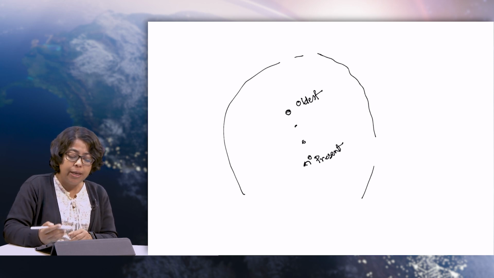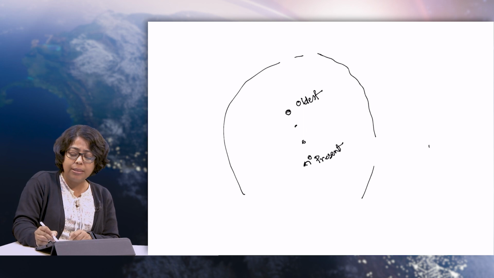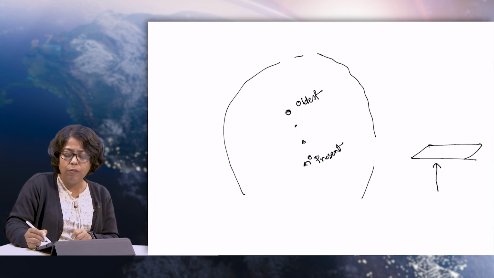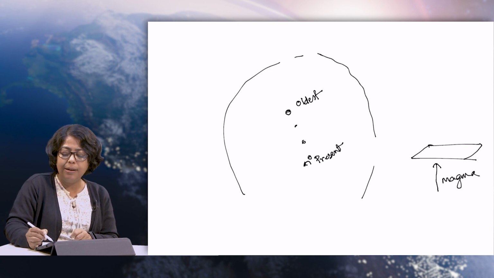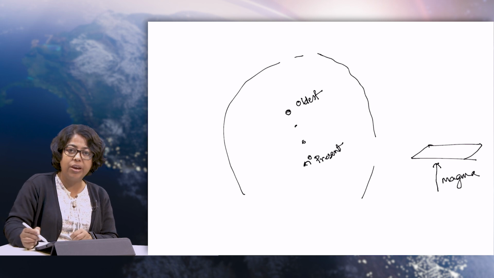So, this led to the understanding of something which is called hotspot volcanism, which argues that if you are looking at a cross section, it is a single source point of magma which is coming from the mantle, and this is not really like the large scale convections, it almost operates like a single source. Now, when you have a single source, yes, there would be a corresponding volcano right on top of it, but